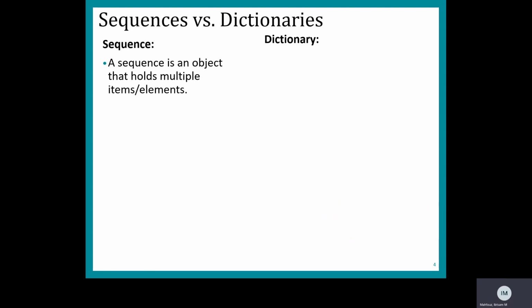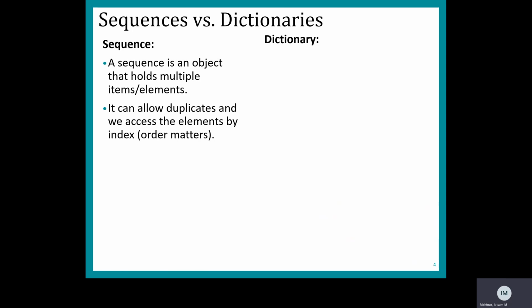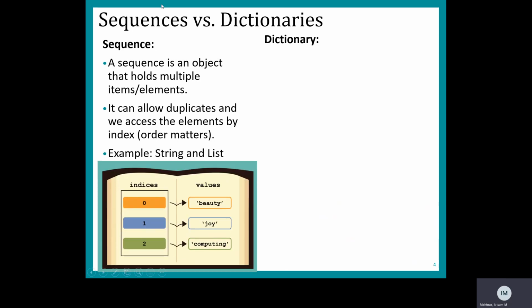When we have a sequence, you can store many items. A sequence allows duplicates, so I can have a string that has 2 letter S's. I can have a list that has apple twice. And in a sequence, the order, like we said, matters, and the way you access an item in your list or your string or your sequence is by index. So if I wanted the first letter in my name, I would say name sub 0. I would put 0 in the square brackets. If I wanted the first item in a list, I would say the list name and then 0, and it would give me the first item.